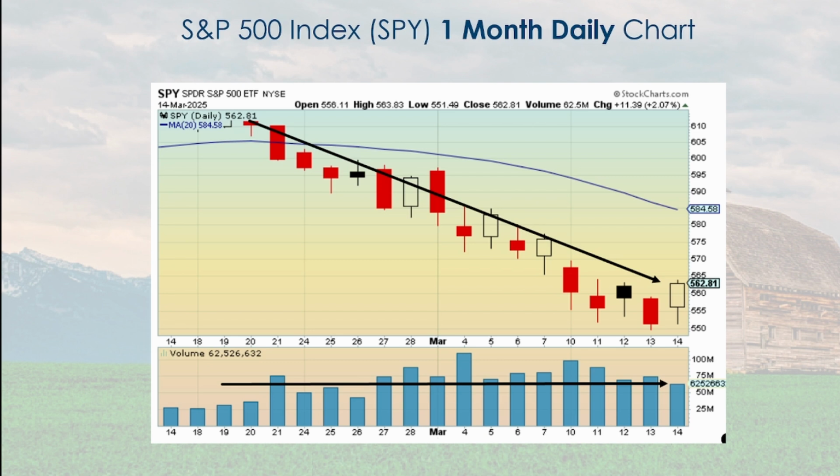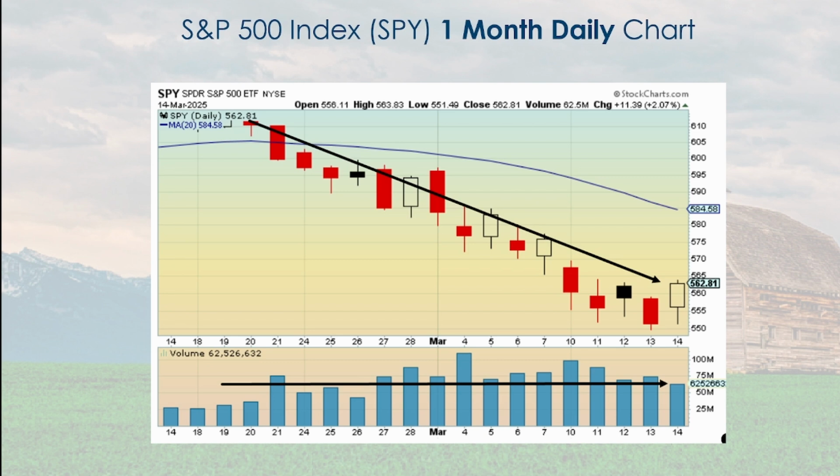Now, Friday was a positive day. That's represented by that candlestick at the very far right. What was interesting to me is that is not the sign of a bottom. It typically does not look like that. So if the market goes up from here, my guess is it's what's called a relief rally, where it needs to let off some steam and go back up before it can go on down further.